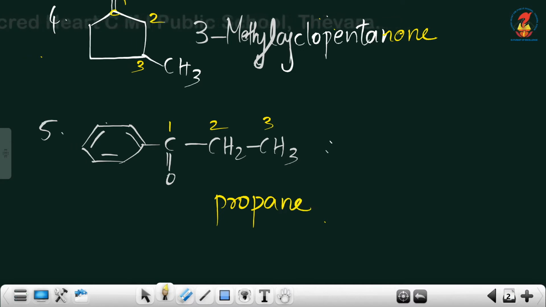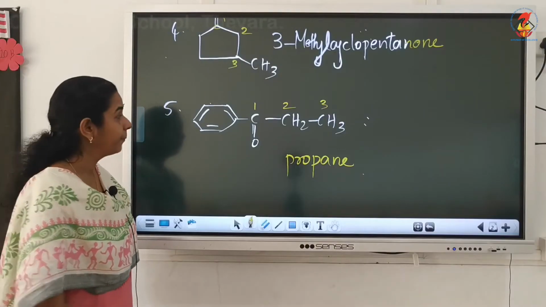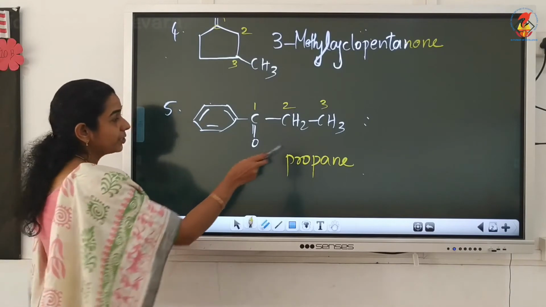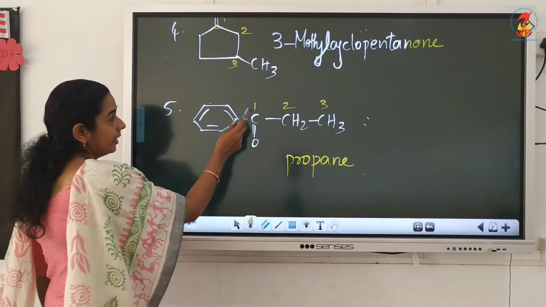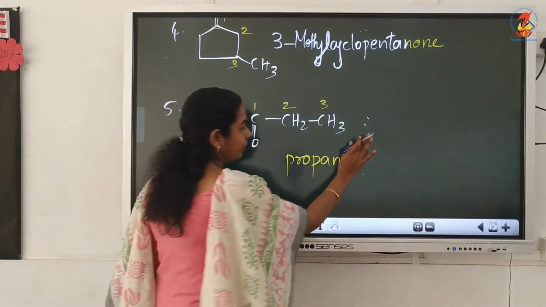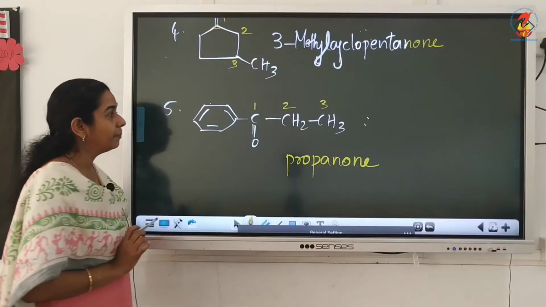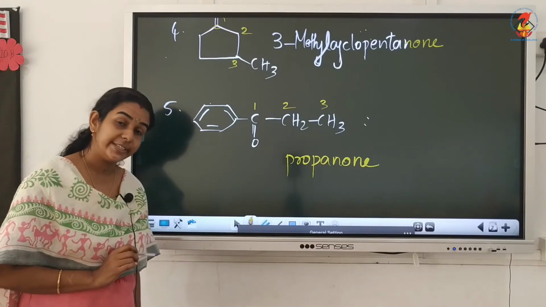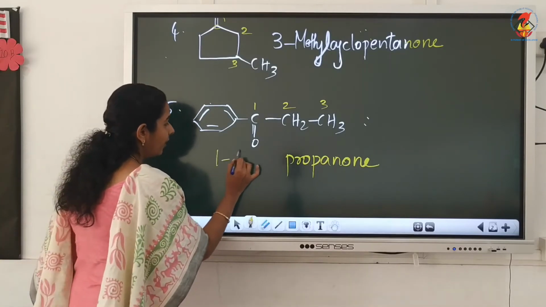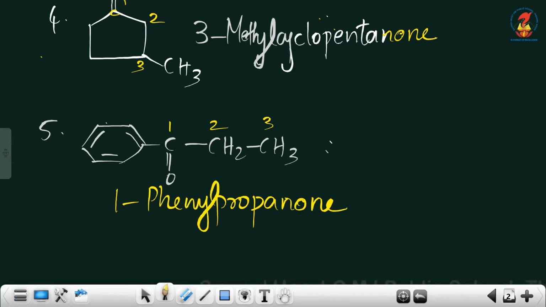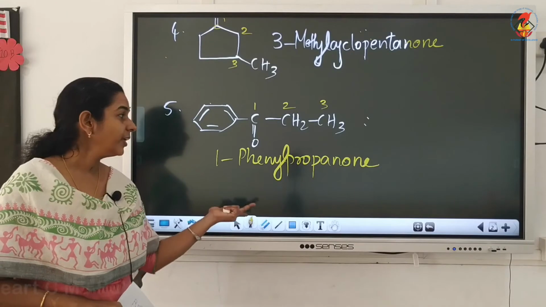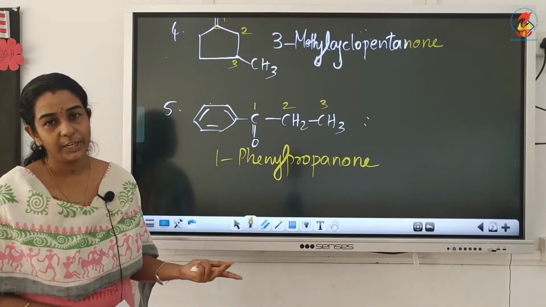3 carbon atoms are singly bonded. So primary suffix is ane. Now ketone is the functional group. So the primary suffix will be one. Ketone position is in the first carbon. So it will be propan-1-one, or same as propanone. Okay. Now there is one branch or substituent on the first carbon, that is phenyl group. So it is 1-phenyl. Between this L and P there should not be any gap. So what is the name of this compound? 1-phenylpropanone, or simply we can write it as phenylpropanone, because if the number is 1, no need to specify it.